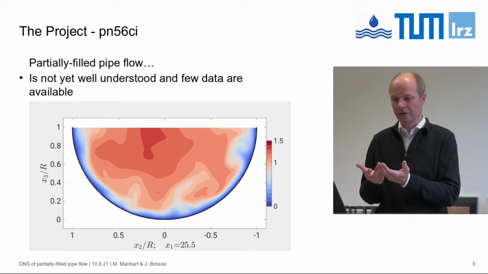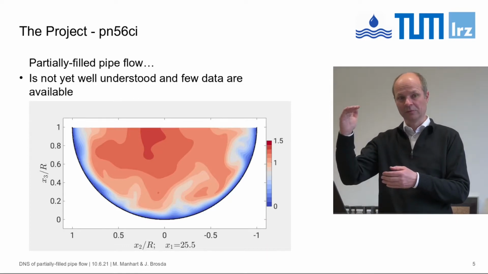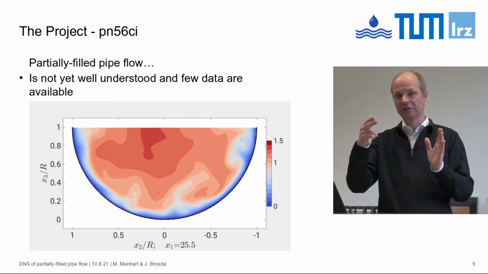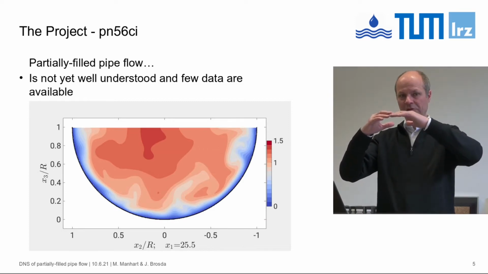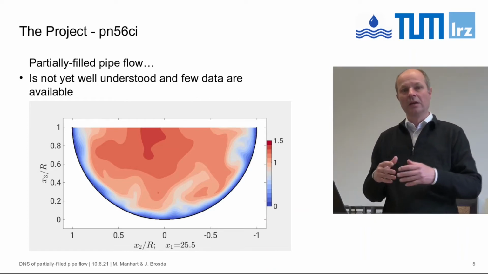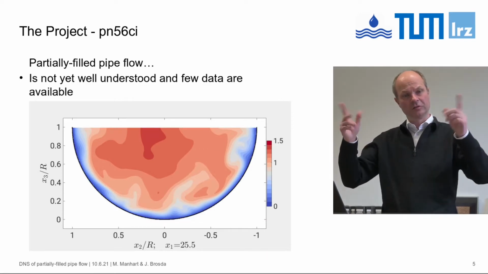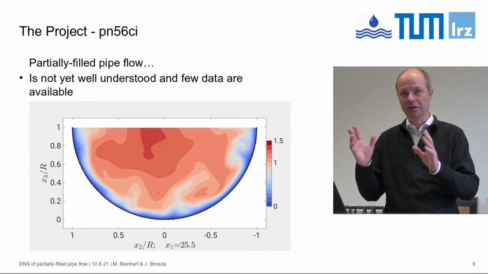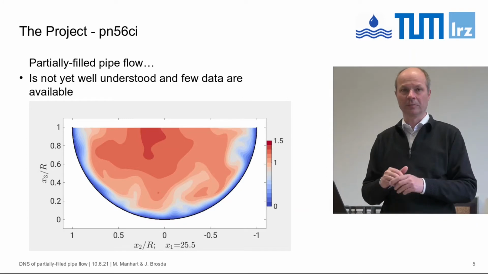However, in a semi-filled pipe flow, the velocity maximum is not at the free surface, so it's not at the point which has the largest distance to the wall. No, the velocity maximum is submerged. This is called the velocity dip phenomenon. And we have a strong deviation or strong oscillation or a strong modulation of the wall shear stress around the